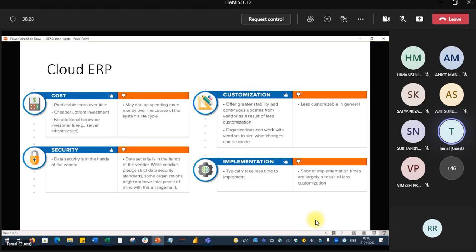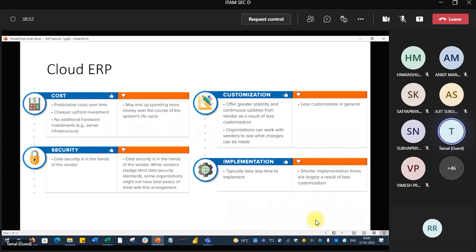More customization makes life difficult, ultimately ending up with more money and more time being spent. So you have to take control of this. You do customizations where you have to. There is no other way, but you have to do the customizations.